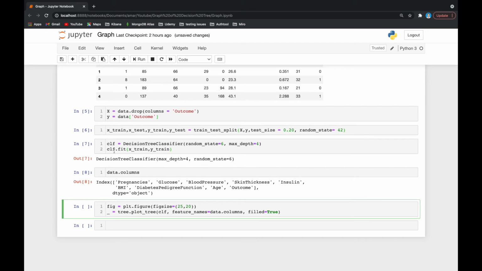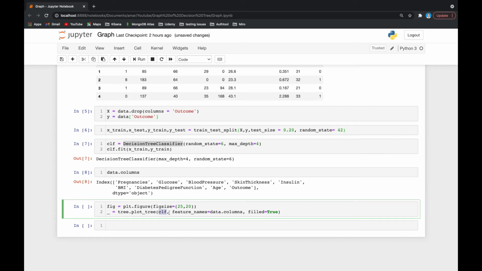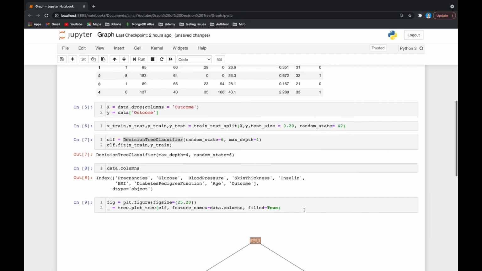The classifier that you have made out of your decision tree classifier, you have to pass over here as your first parameter. Then feature names is nothing but you have to pass your column names. Okay. And filled equal to true means you can fill your diagram with color. Okay, let us run this line of code.